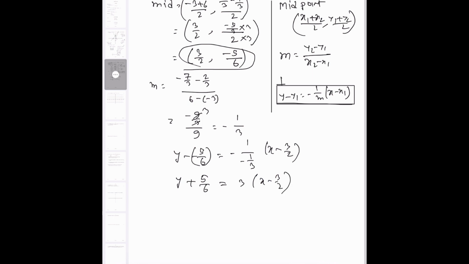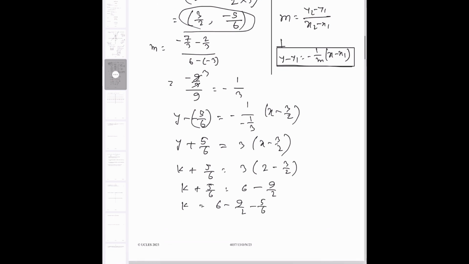Since this line 2k, coordinates 2k passes through this perpendicular bisector, we can plug in y by k and x by 2 minus 3 by 2. Let us simplify this. So k plus 5 over 6 equals 3 over 6 minus 9 by 2. So k equals 6 minus 9 by 2 minus 5 by 6. And if we simplify